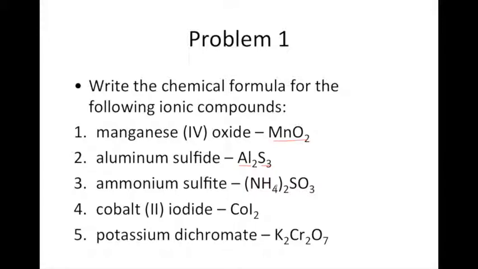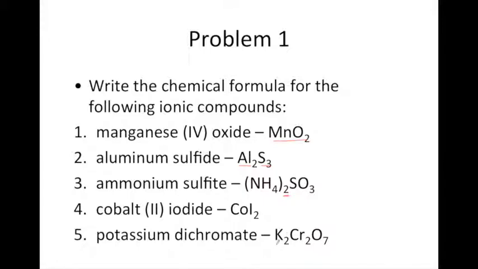Sulfite's a -2 charge on the polyatomic ion, so we need 2 ammoniums for every 1 sulfite. So (NH4)2SO3. Cobalt 2 iodide. Cobalt has a +2 charge. Iodide has a -1 charge, so we would have CoI2. And potassium dichromate, potassium is K+, dichromate is Cr2O7 with a -2 charge, so we need 2 potassiums for every 1 dichromate, so K2, and then this whole thing here is dichromate, so